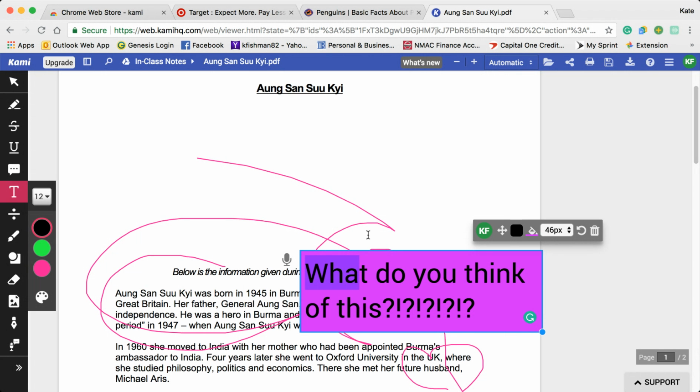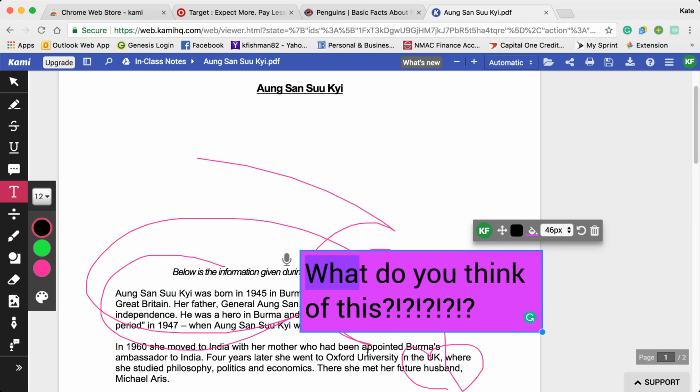But we have some higher level text in some of my classes for geography and science specifically, and the students that I have that are in a lower level reading class get the same reading materials as everybody else in science and geography, and it can be very challenging for them because they're reading a couple levels below grade level. So when we have specific questions that we're doing or specific things that I want them to pull from, basically the broad idea from a PDF, I will use Cami to mark it up and have them divert their attention to where I want them to be paying attention, or the big picture topic,